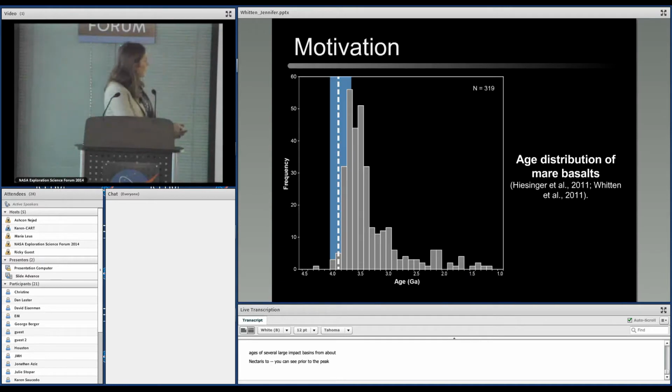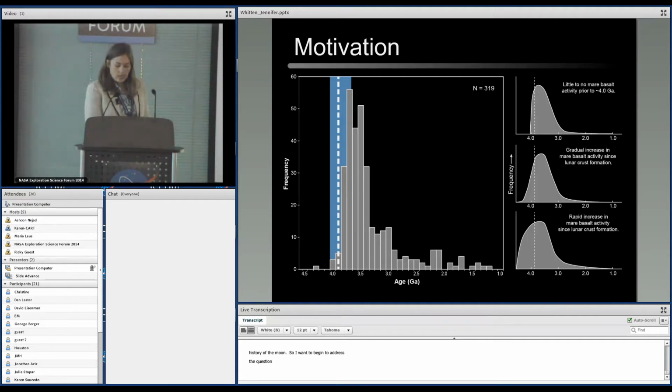So you can see that just prior to this peak in exposed Mare basalt ages, you're having a lot of large impact basins. And what I'm interested in understanding is the early or ancient volcanic history of the moon. I want to begin to address this question of early volcanism by taking a look at this section of time, and ask: what does this distribution look like prior to 3.9 billion